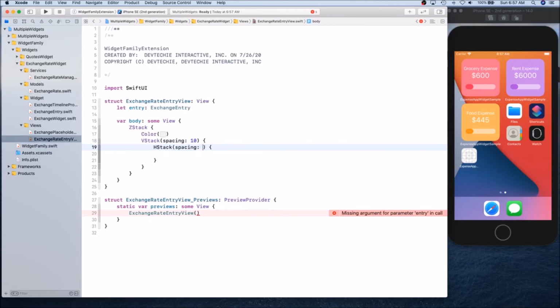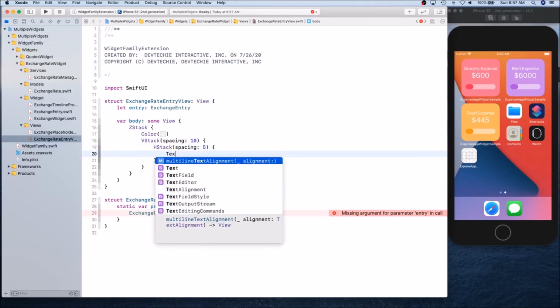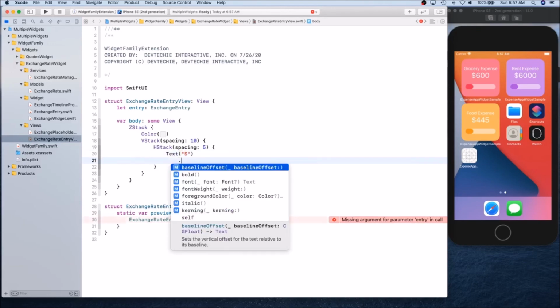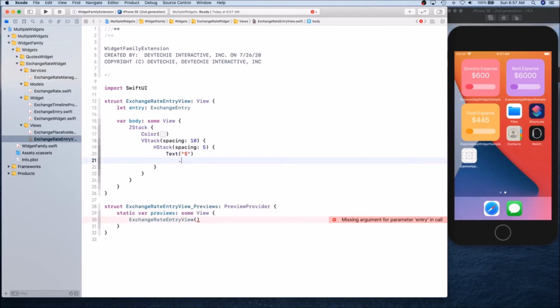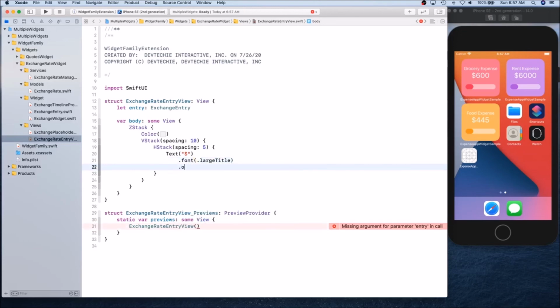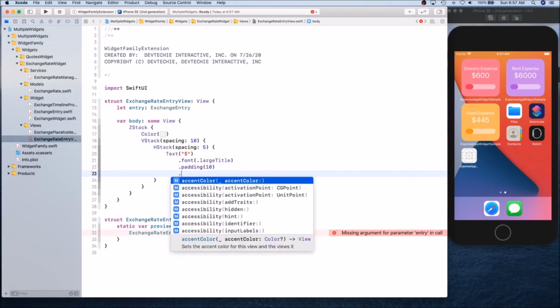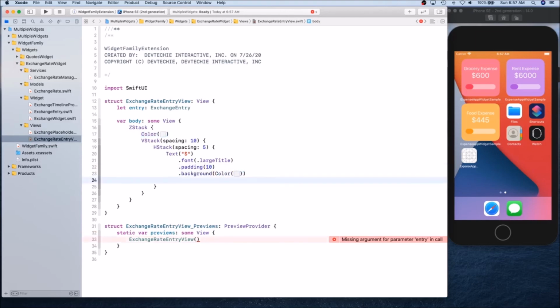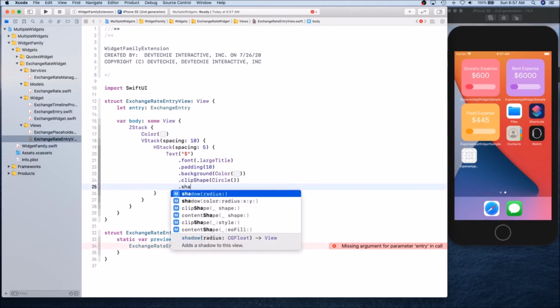about 5 points. Okay, and we're gonna have a text, and this is gonna be our dollar symbol, and font. It's going to be large title, padding, okay. Background is basically the same color. Clip shape circle, and shadow